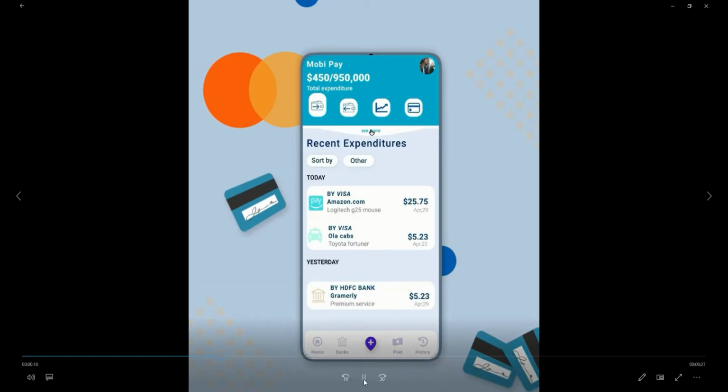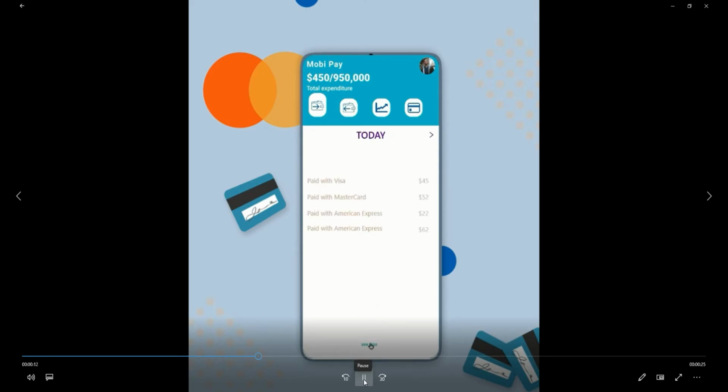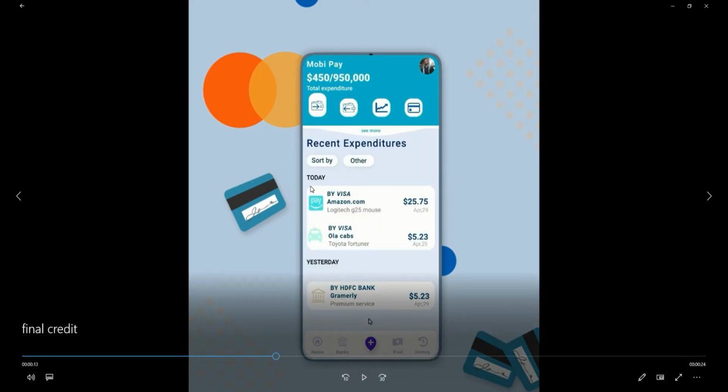You can also add relevant logos and images in the background, like this was a credit card app I made a long time ago, and because this is a credit card app, I added logos like the MasterCard logo, and also I've added images of credit cards. You can do so as well, but in my opinion, a gradient background is good enough.